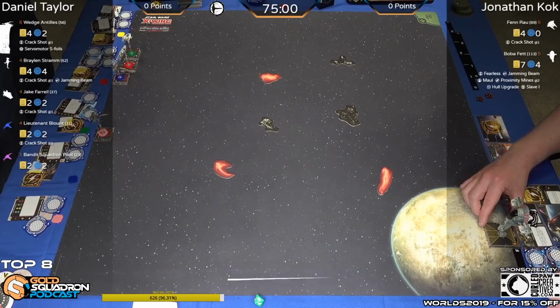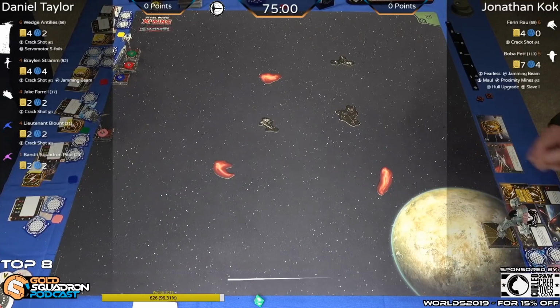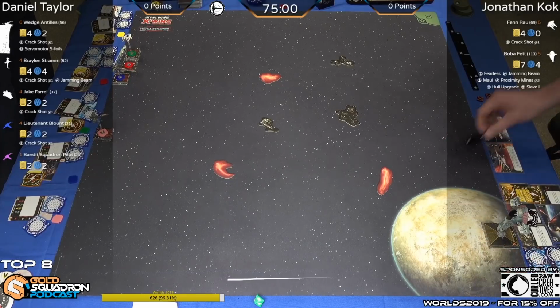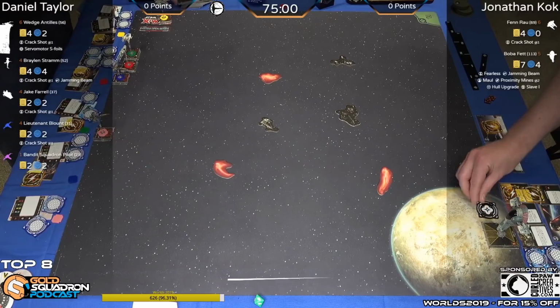So immediately, looking at this, Jonathan's got to be worried about all those arcs that Daniel can cast out there. And especially with Wedge, able to reduce Boba's agility. The rerolls don't matter if... Turns out when you only roll 1 die, you can only get 1 of 8, no matter how hard you